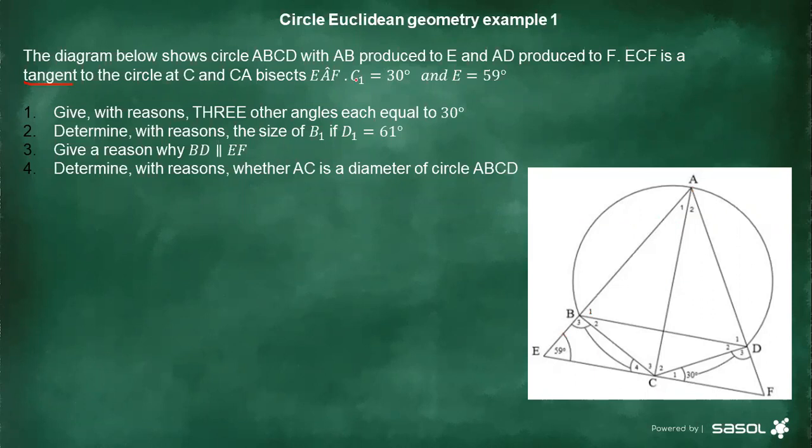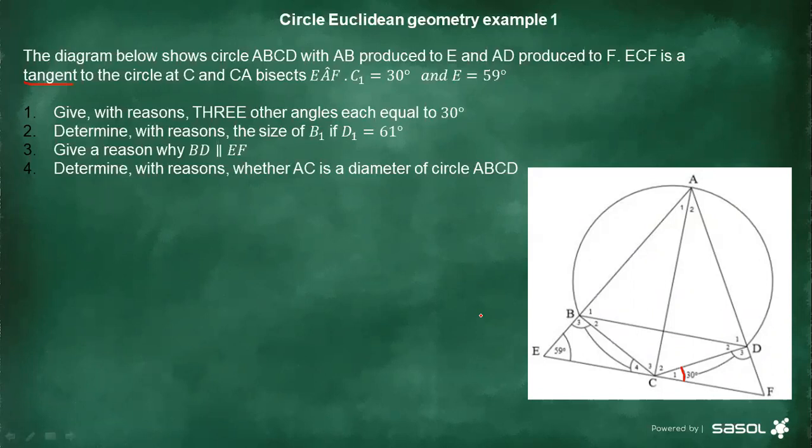All right, and then angle C1 equals 30 degrees. We can see that this angle there is 30 degrees. And then angle E is 59 degrees. So that's what we are having. Now, before we can start